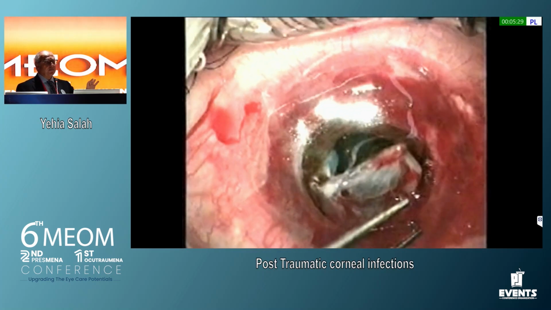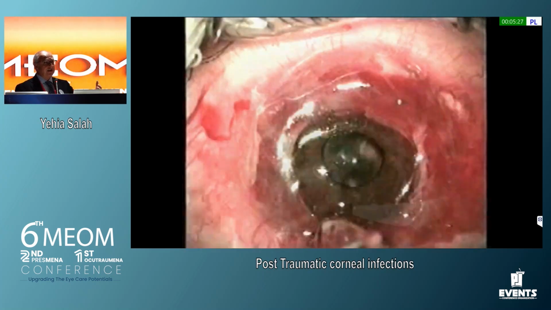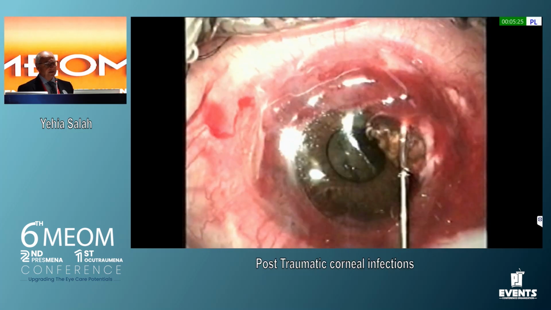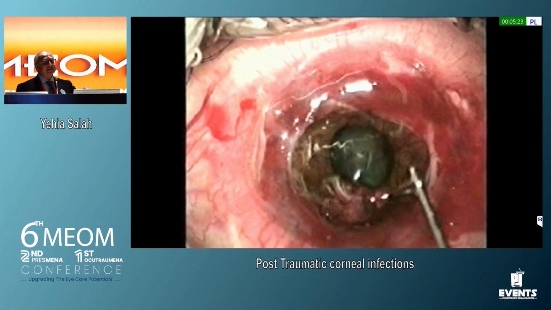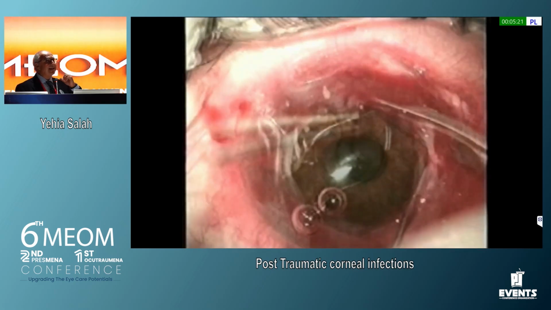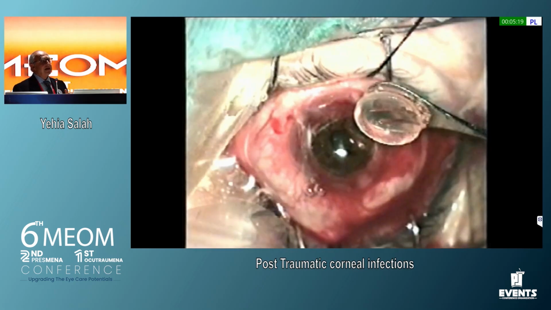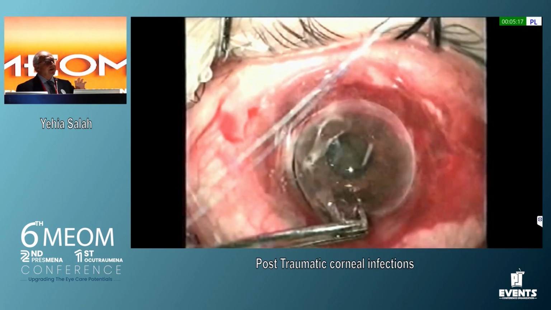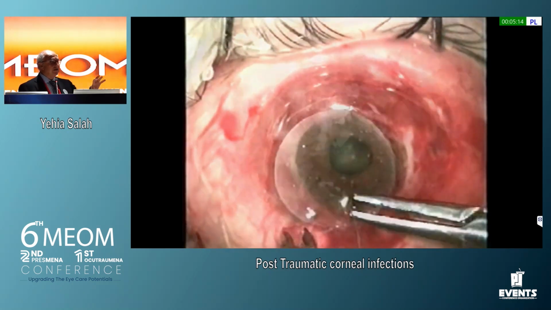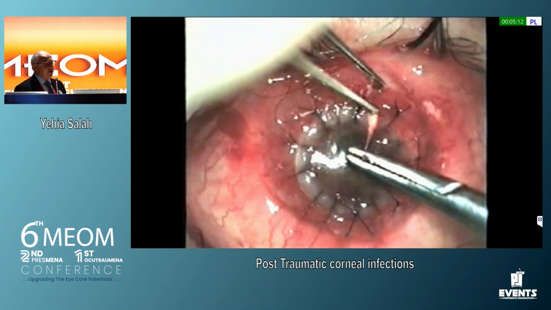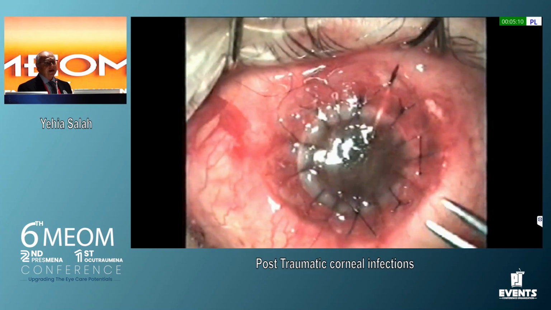Just bleeding will stop. Don't cauterize, because this induces more vascularization. And you can see this is a bacteria. It was atypical mycobacteria. And typically of bacterial infection, there is not too much involvement in the anterior chamber or the posterior chamber. So you put the graft, and